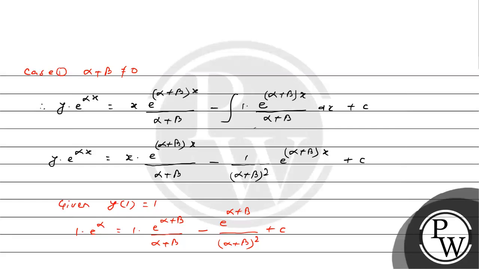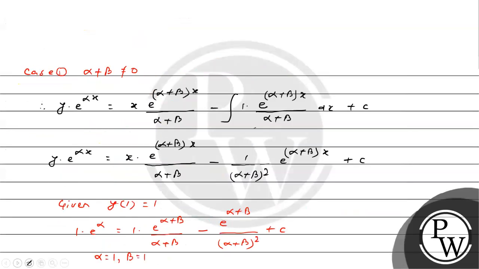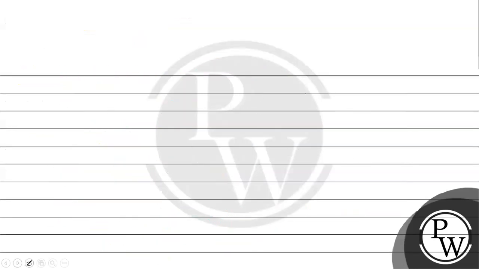Therefore, since alpha plus beta is not equal to 0, we can put the value of alpha as 1, beta as 1, so that we can find out about e and e squared, or about either one of them, the exponent of e. So with alpha 1, beta 1, this gives us 1